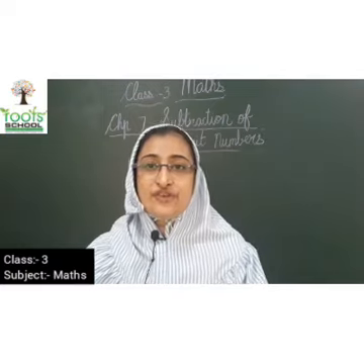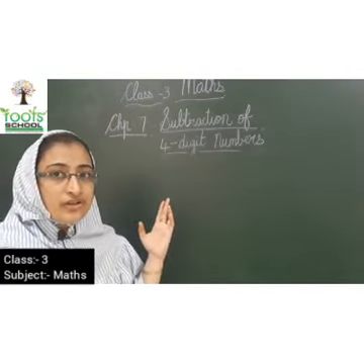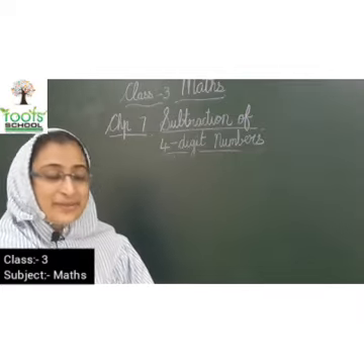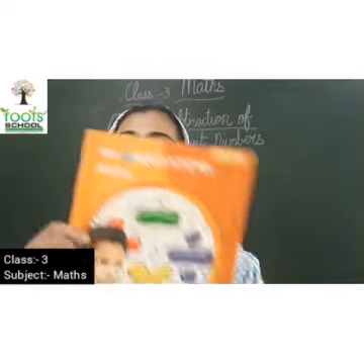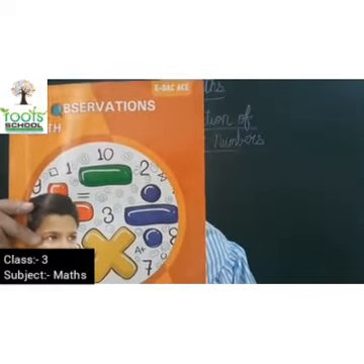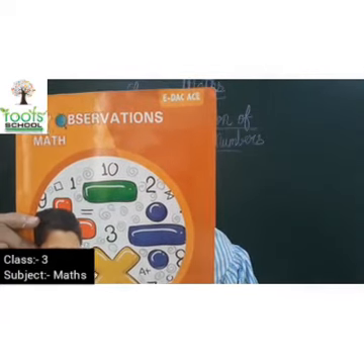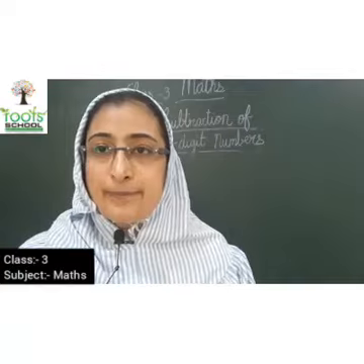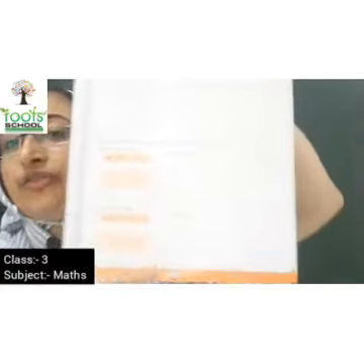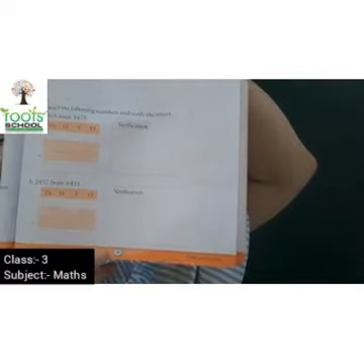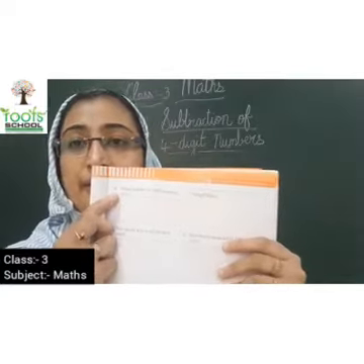Okay kids, so we were on chapter number 7. What's the name of our chapter? Subtraction of 4 digit numbers. Okay kids, come on everyone, go and get your maths observation book. We are going to do sums from this book today. Got it? आप लोग ले आए? Okay kids. Now you have to open page number 59. In this, we will solve question number 6.